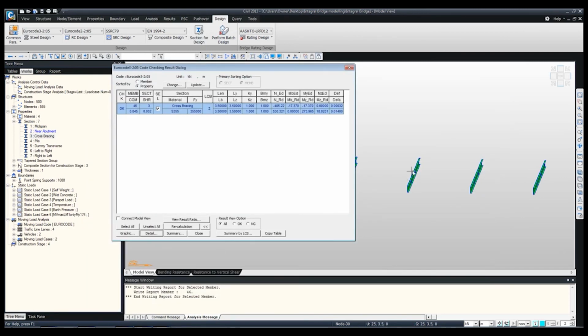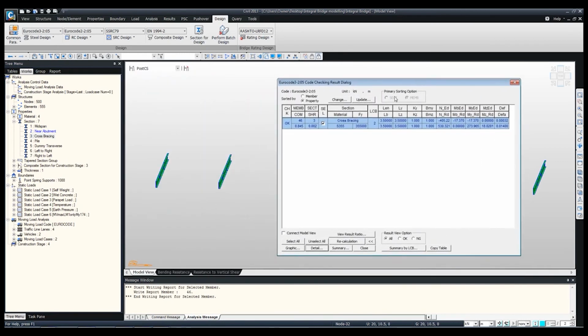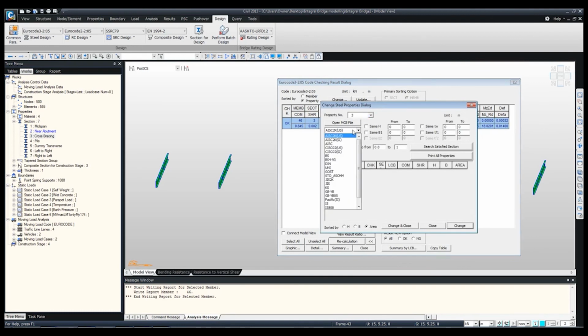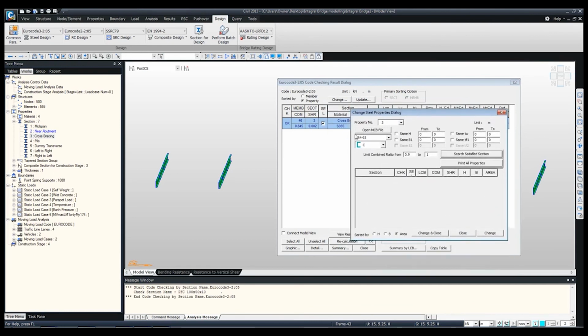What is interesting to see is that you can even optimize your sections. So if the combined ratio here is 0.845, you can go for a more economical section by clicking on change and select the code from where you want to select a particular section, say BS code, and channel type of section, search satisfied section. So you can say 0.9 to 0.21, search for a satisfied section, or since there is no other economical section satisfying this section, you can even go for an I section